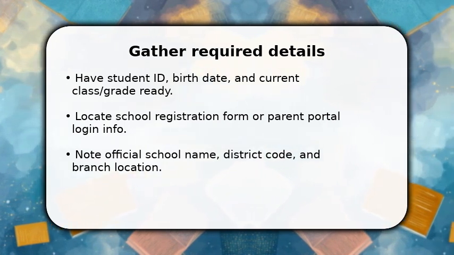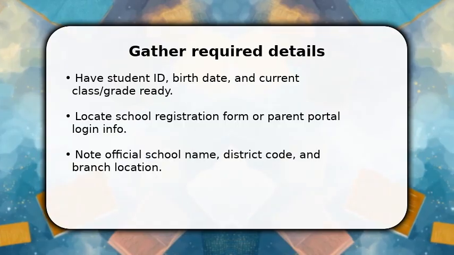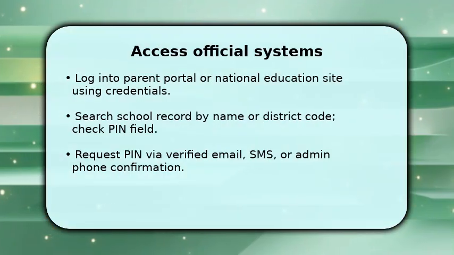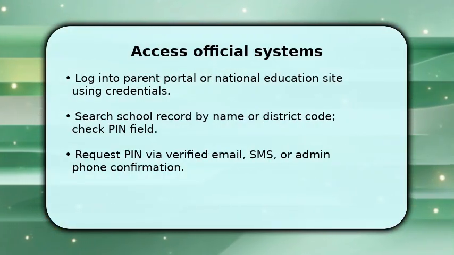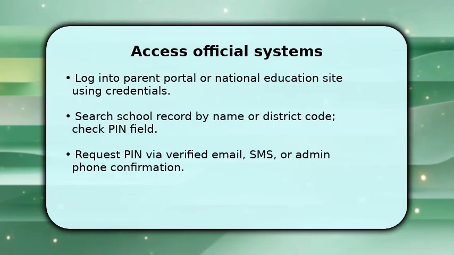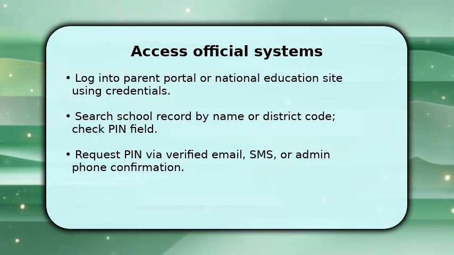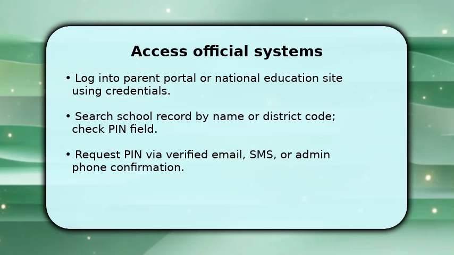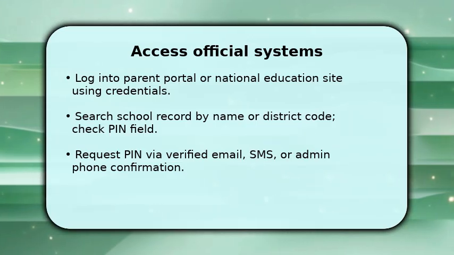You next access the official system, log into the parent portal or the national education site with your credentials. Once inside, search for the school by district code or full official name and inspect the school record for a PIN field. If the PIN is masked, use the built-in Request PIN option, which sends it to a verified email